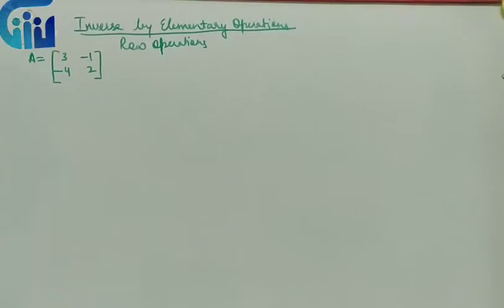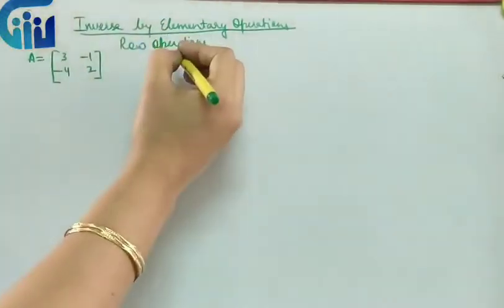Now what we have to remember over here is when we apply elementary row operations, all the operations will be in the form of rows. We cannot interchangeably use rows and columns as we were doing in the determinants. So if it is row operations, we will only do row operations, and if it is column operations, we will only do column operations. There are three row operations which we will be using, that everybody has to remember.